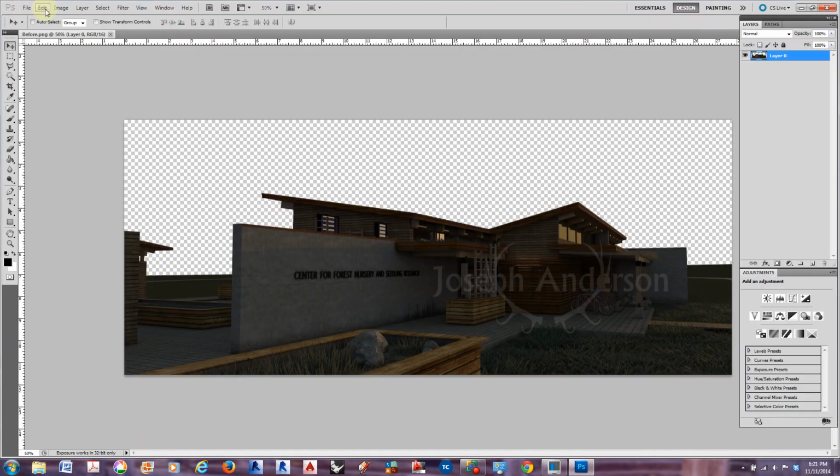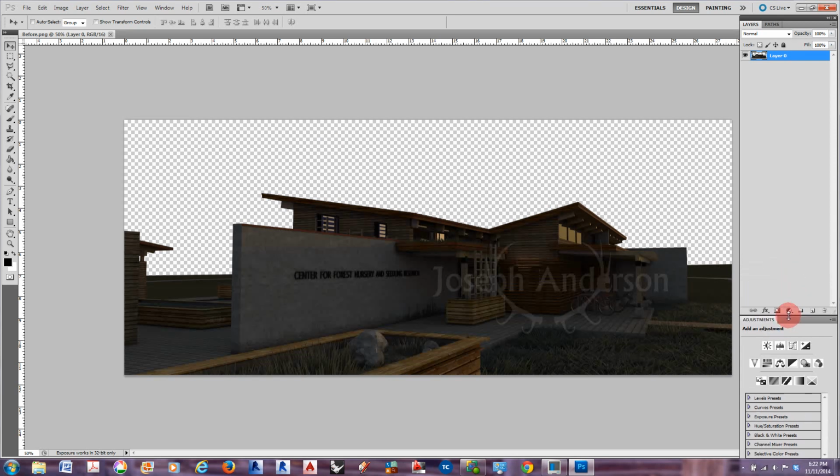Okay, so this is the base image that we have to work with. Basically we've got a foreground, a background, and then kind of a midground, for lack of a better term, which is the image itself. What's most important about this process is layer management and keeping track of what layers are in front of what. That's a big part of this assignment, besides using your adjustments and